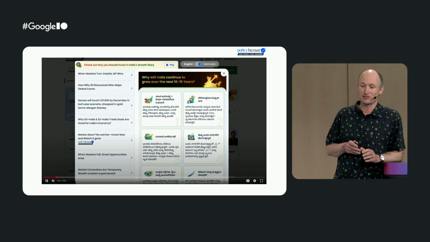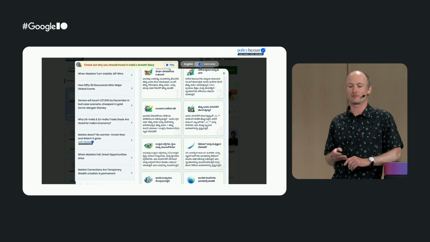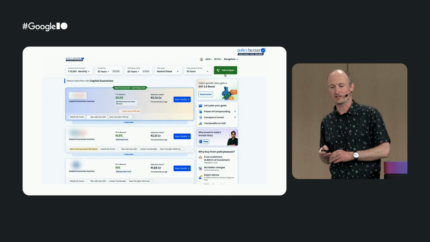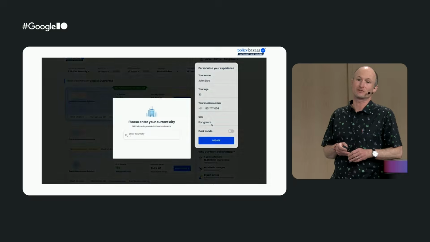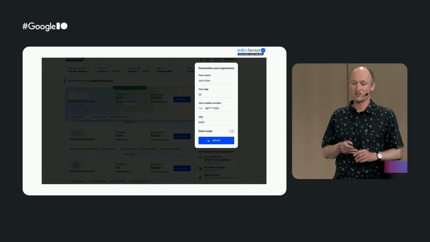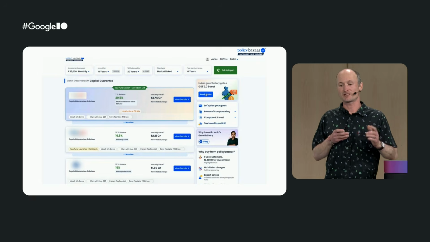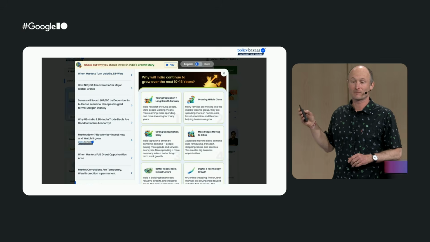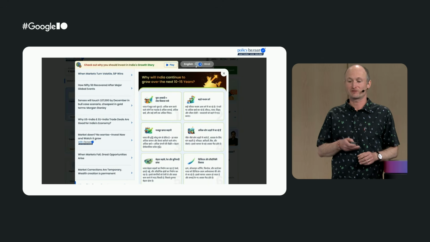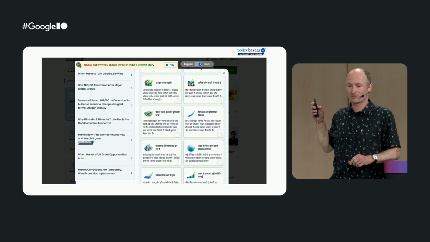The Policy Bazaar team in India has a pretty similar setup. Their main content is authored in English, and they offer dynamic translation to common Indic languages based on the user's location. When the user chooses Bengaluru, the translation language is set to Kannada. When they choose New Delhi, the translation language is set to Hindi.